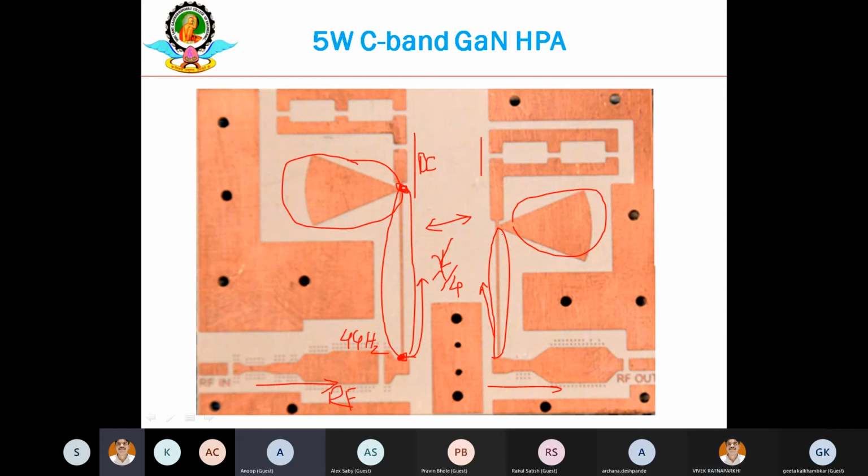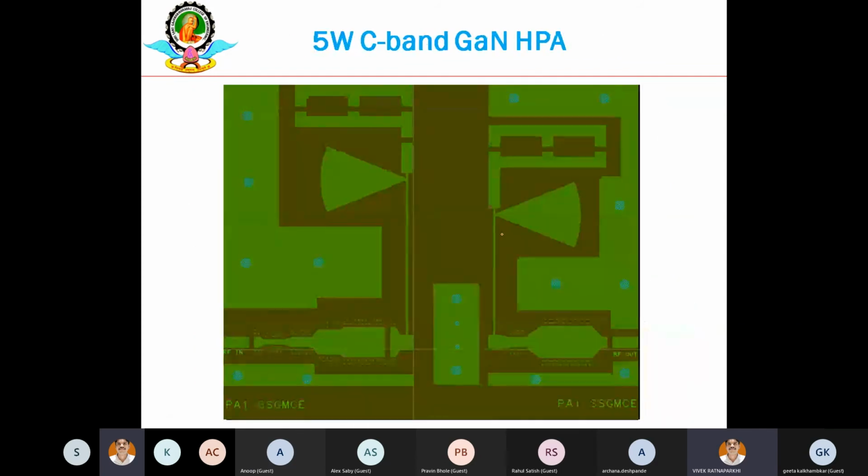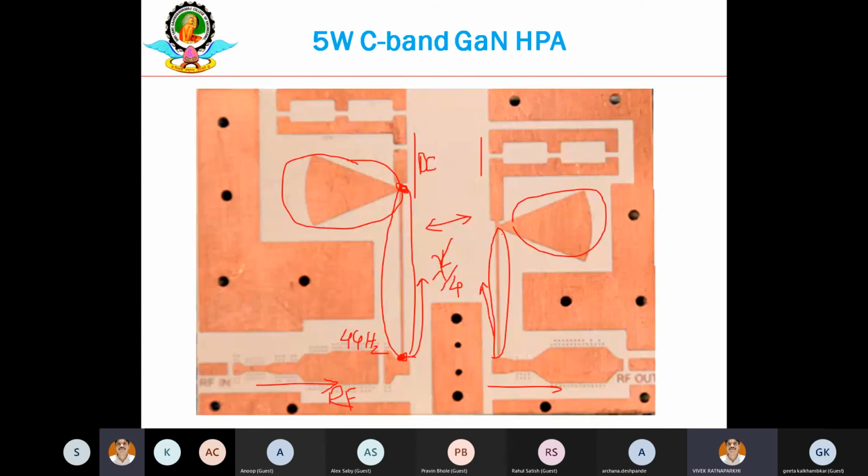When we go for this fabrication, will we be fitting it in, or will they be doing it for us? No, there are different things. You have to simulate your entire amplifier and send the Gerber file, which I have just shown to you. This file you have to send in Gerber format. Once you have sent it, they will provide you this kind of PCB. Once this PCB is ready, you have to take help of technicians to mount the transistor and all the lumped components, right? Yes. That job is at your end.